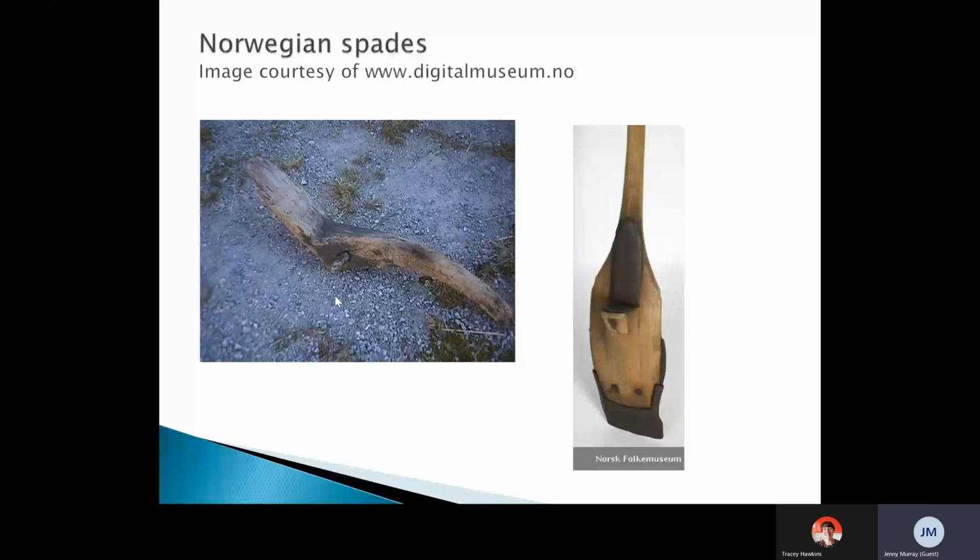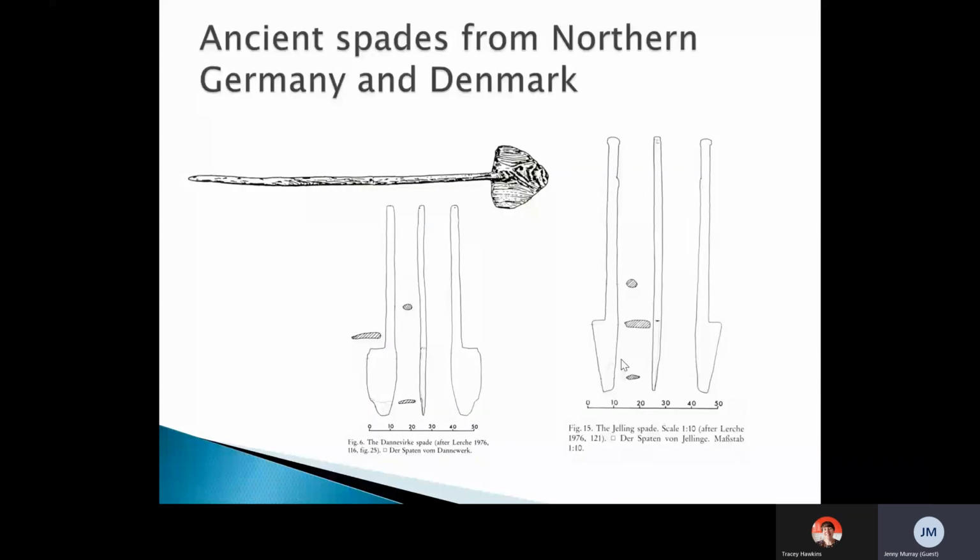The Norwegian Folk Museum also houses an implement comparable in form, but again its construction is very different. The heel spade, that's this one here, has a metal blade attached here and was used in Norway until 1900. There are a few examples of ancient wooden spades from northwest Europe, including these early models from